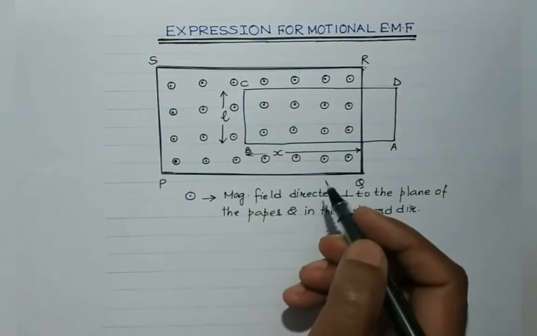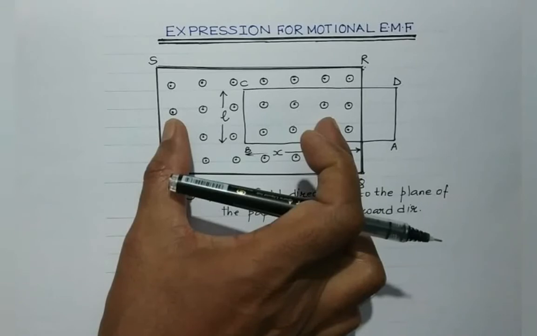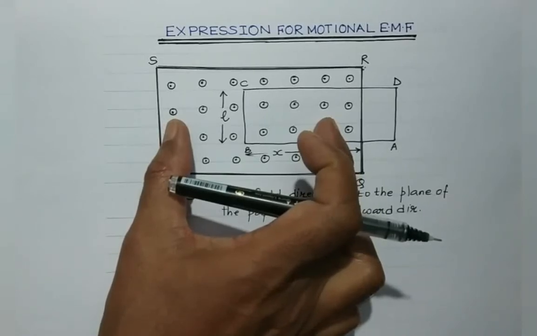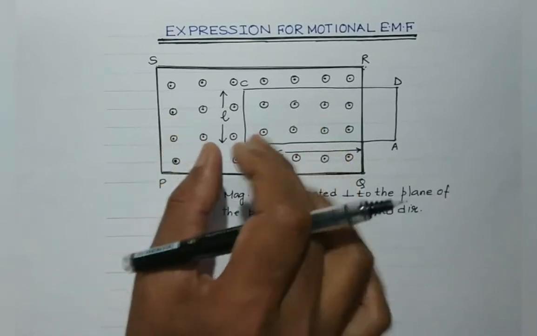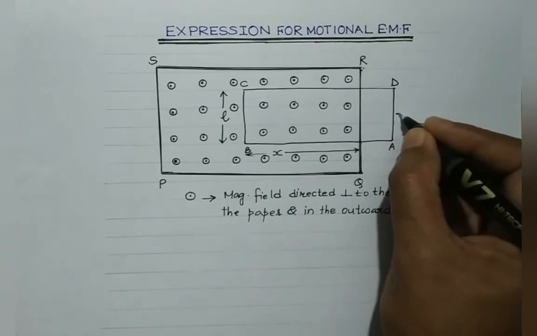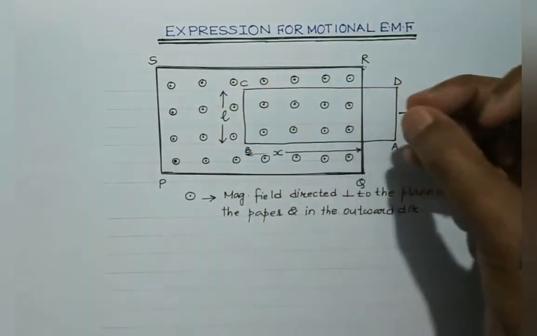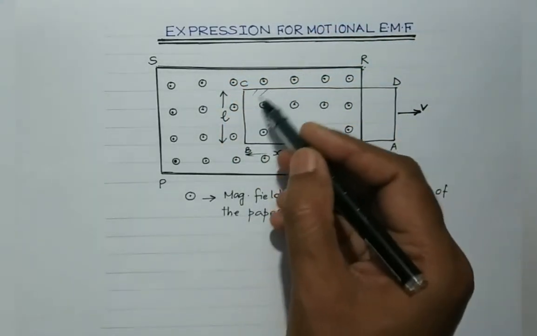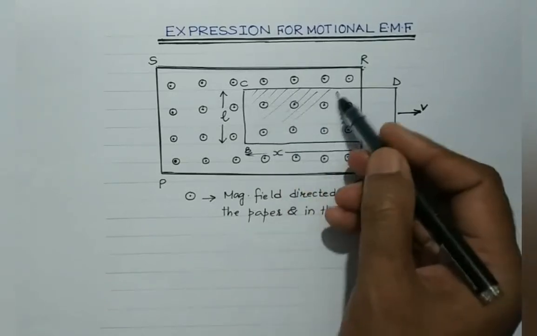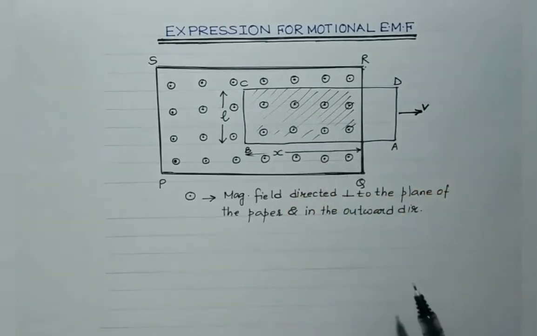Now, as we have discussed in Faraday's experiment, if this closed loop is well within inside the region of uniform magnetic field, then no magnetic flux gets changed through the loop and accordingly no induced current is produced. But if this loop is made to move out of this region of uniform magnetic field with, say, velocity v, now, as the loop is moved outwards, the effective area of the loop under the influence of magnetic field keeps on changing.